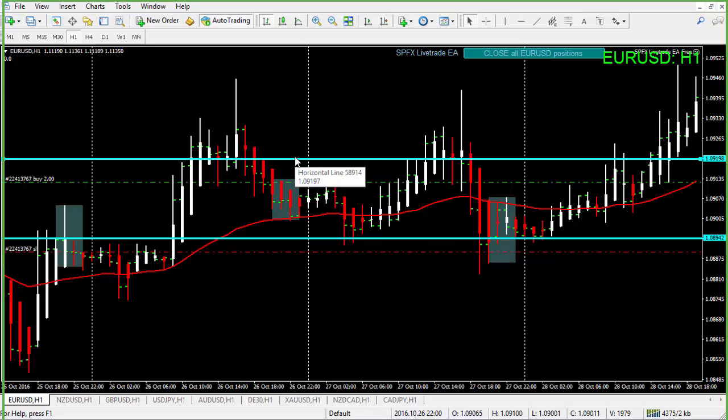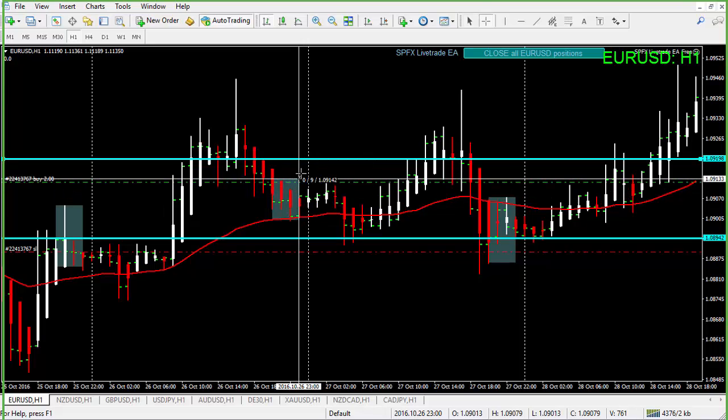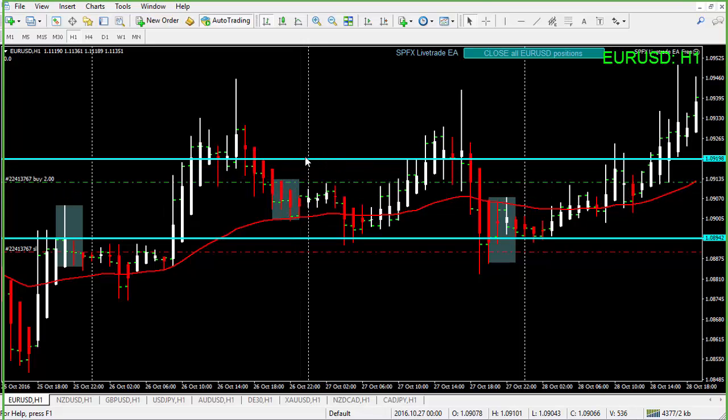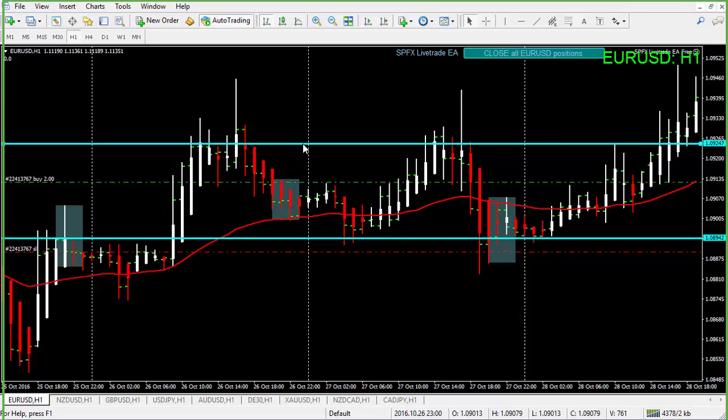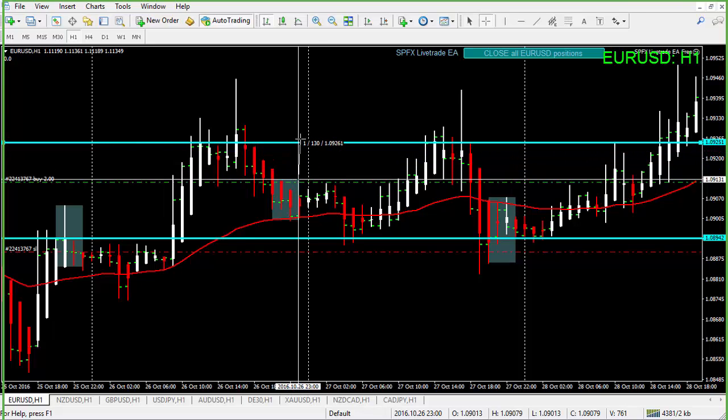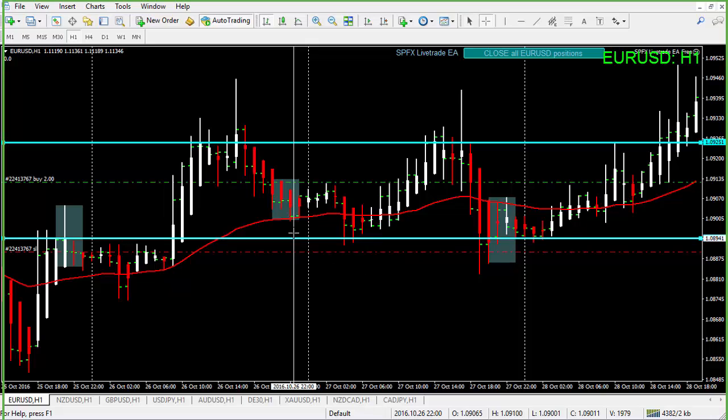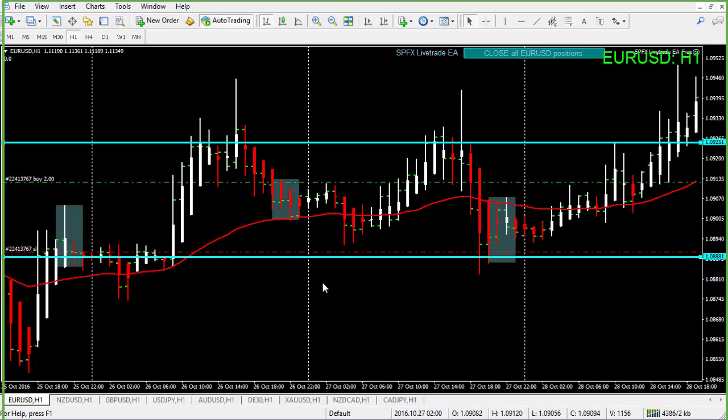Now, if this is your buy order, let me just calculate, please, guys. It's only 6 pips, so it's not much. Let me make it bigger. We need at least 10 plus the spread. Also do it like here. Where's the 10? 10 plus the spread would be somewhere here. Okay. If you buy here,